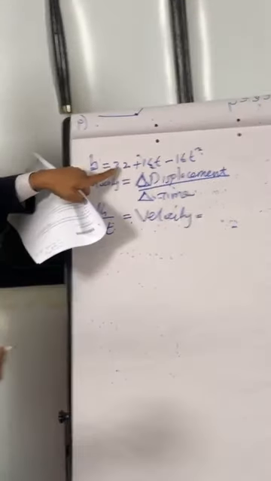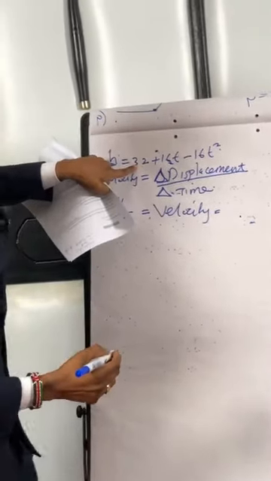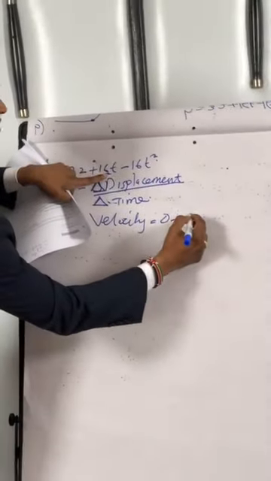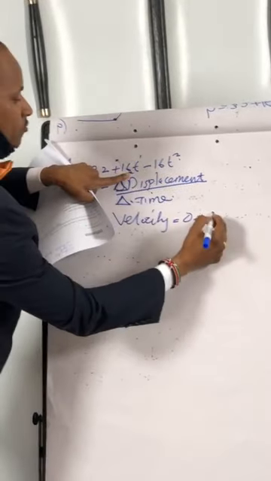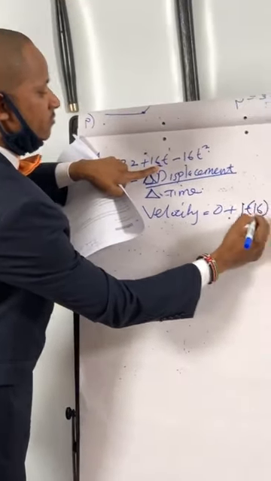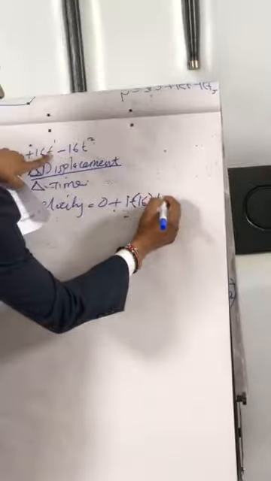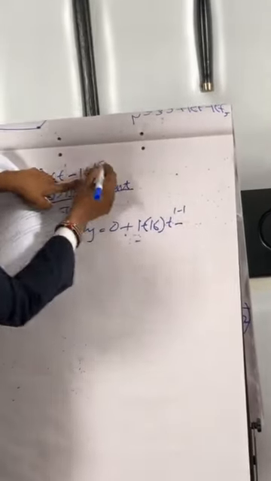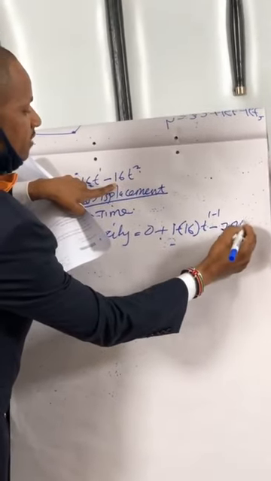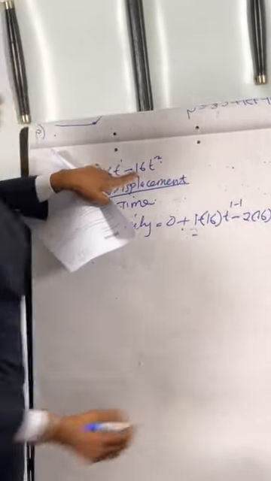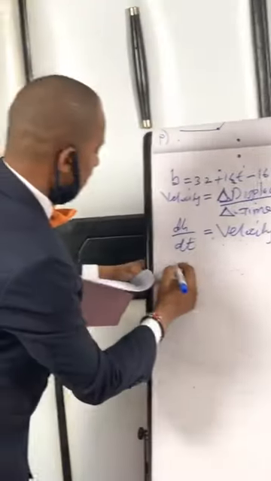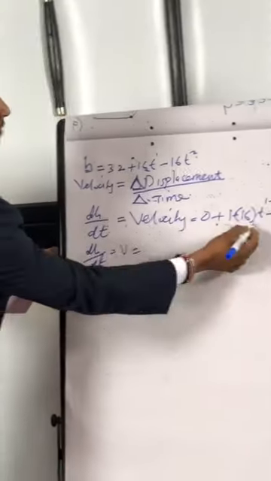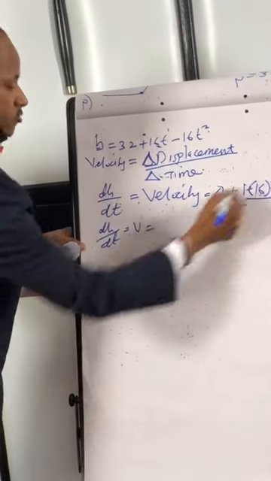So when you differentiate 32, you get 0. Plus, when you differentiate 16t, you drop 1 down. That is 1 into 16, you multiply by the constant. Then t to the power 1 minus 1. Minus, you drop 2 down. That is 2 into 16, t to the power 2 minus 1. Now dh/dt, which is our velocity, equals 16t raised to power 0